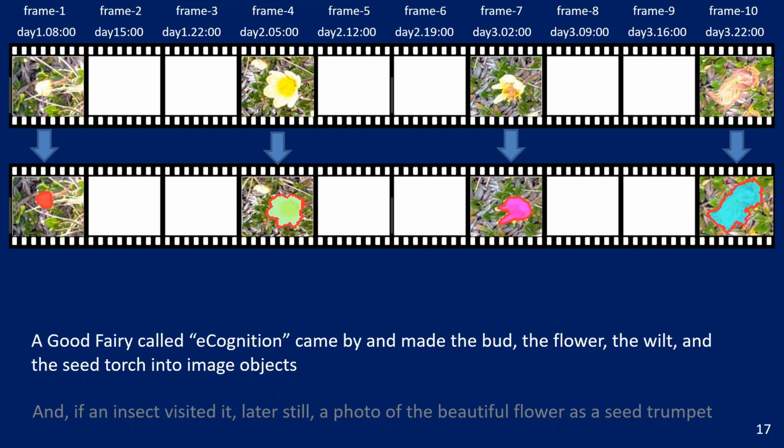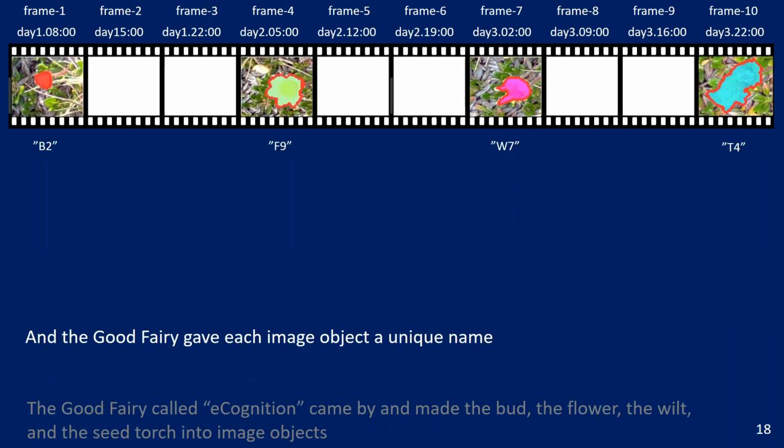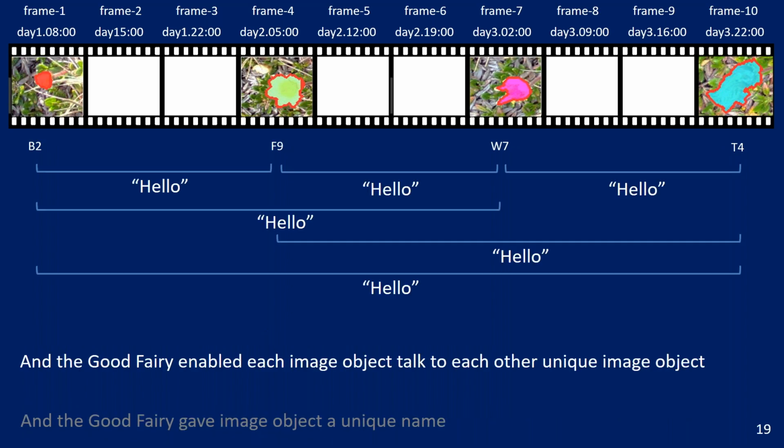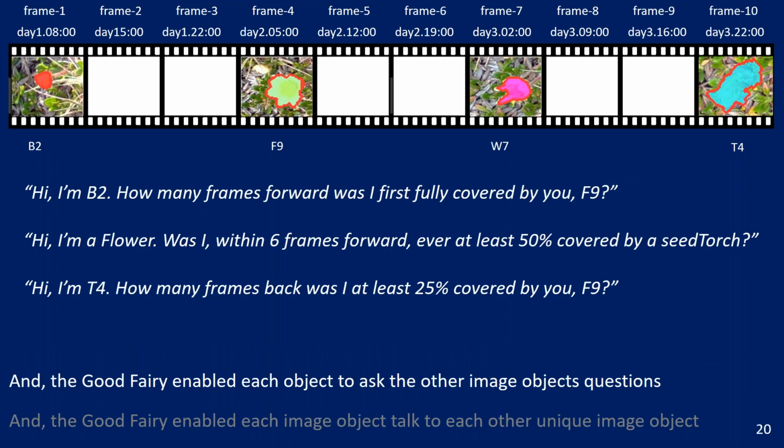A good fairy called eCognition came by and made the bud, the flower, the wilt, and the seed torch into image objects. And the good fairy gave each image object a unique name. And the good fairy enabled each image object to talk to each other unique image object. And the good fairy enabled each image object to ask the other image objects questions, such as, "Hi, I'm bud